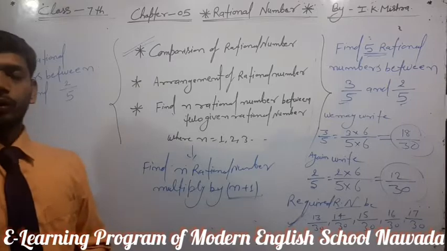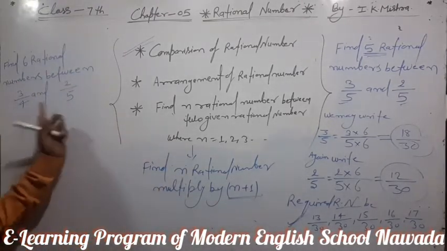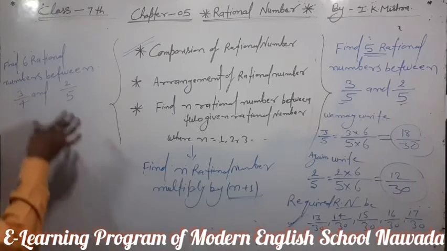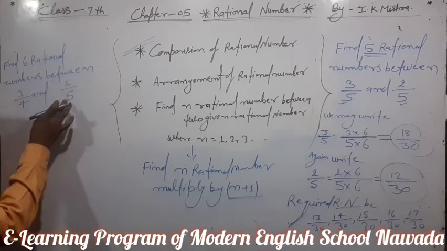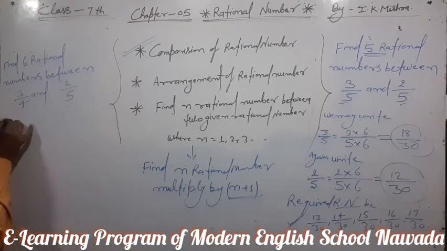You can also do that process here. First of all make the denominators the same. When you find the LCM, the LCM is 20, so we may write